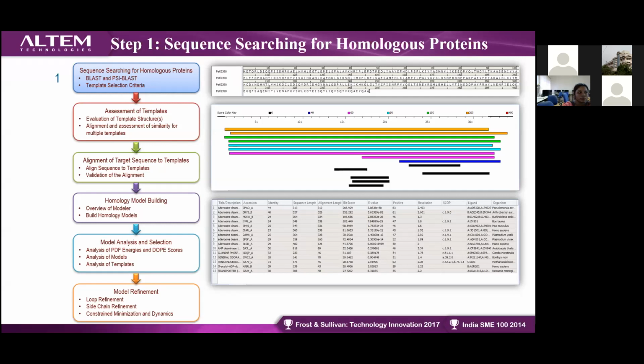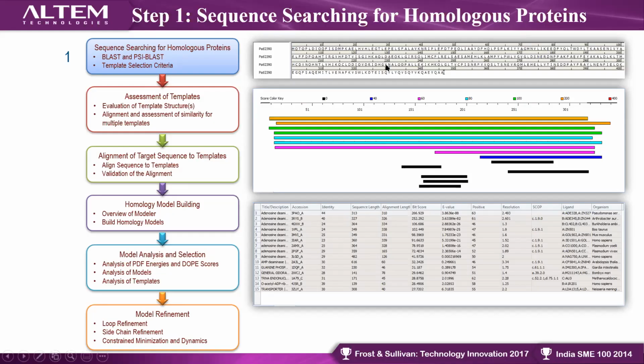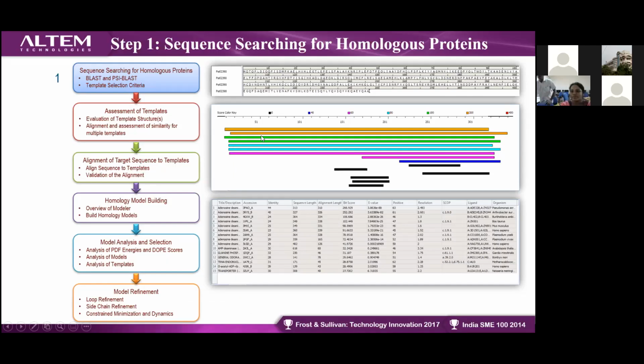You will have sequence searches for homologous protein. I have already mentioned you have to search for similar sequences. Here you will have your particular sequence, and once you have taken your sequence, you need to search for other sequences. Once you have got the sequences, you need to check for the template. You will be aligning with the template, and these are the similar sequences. Say for example, in other software, you need to search using BLAST. First you search for your target sequences through BLAST, and then template sequences through BLAST.